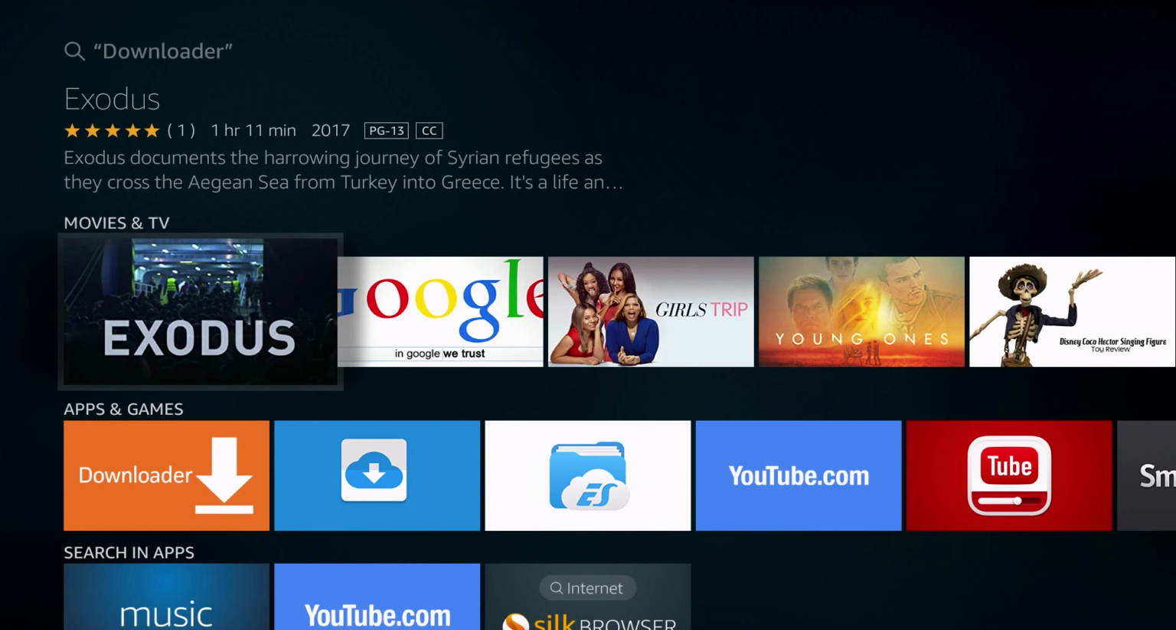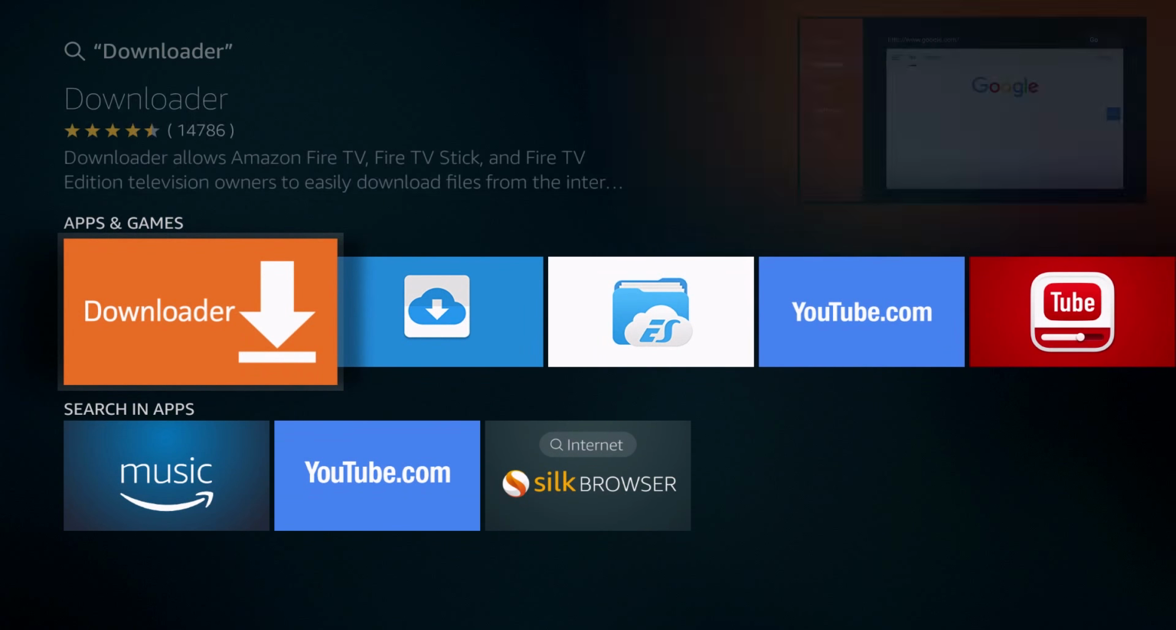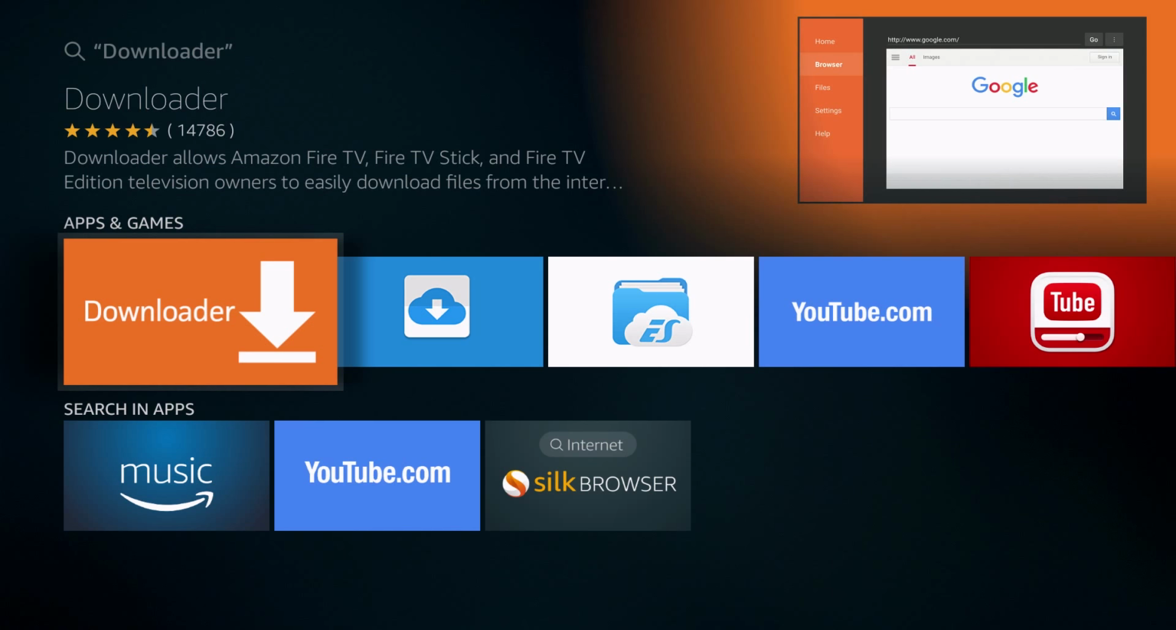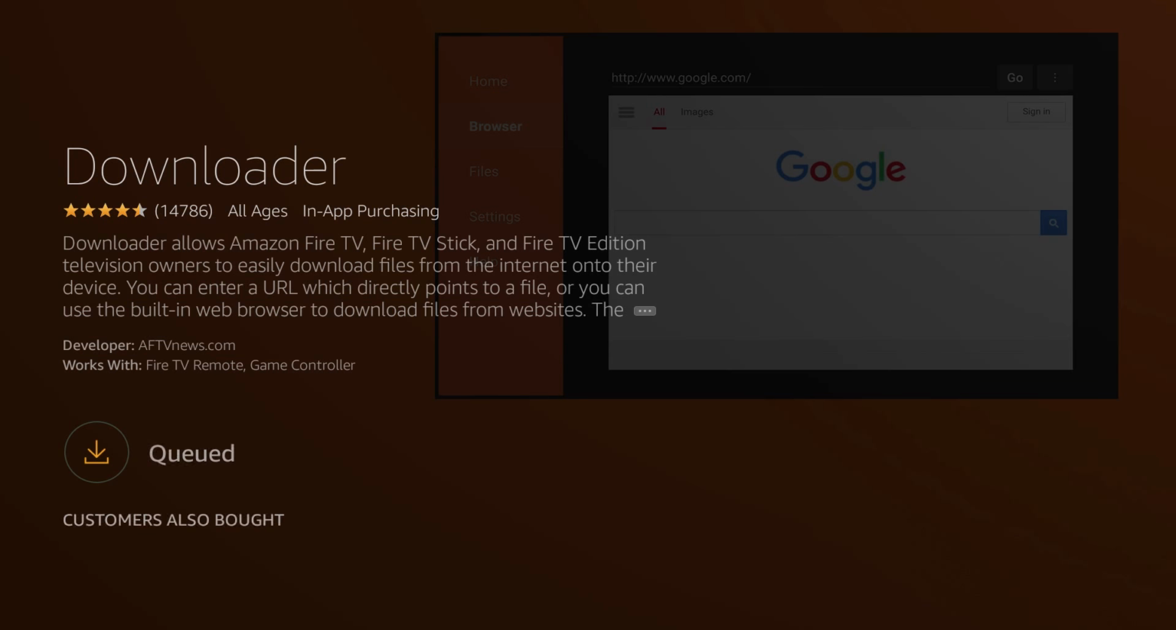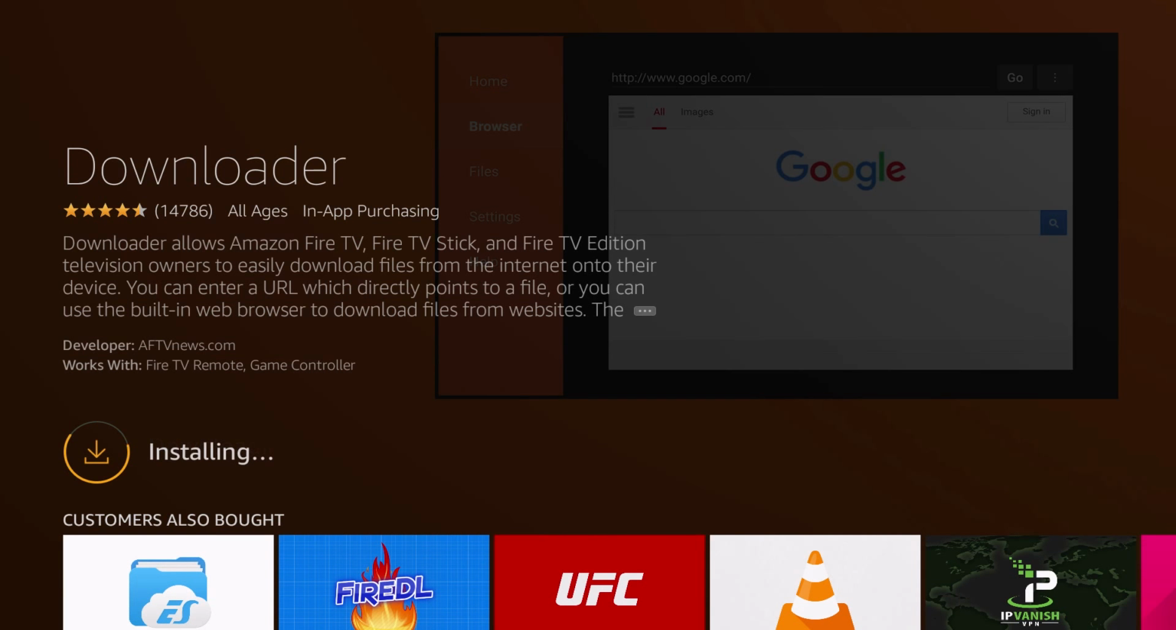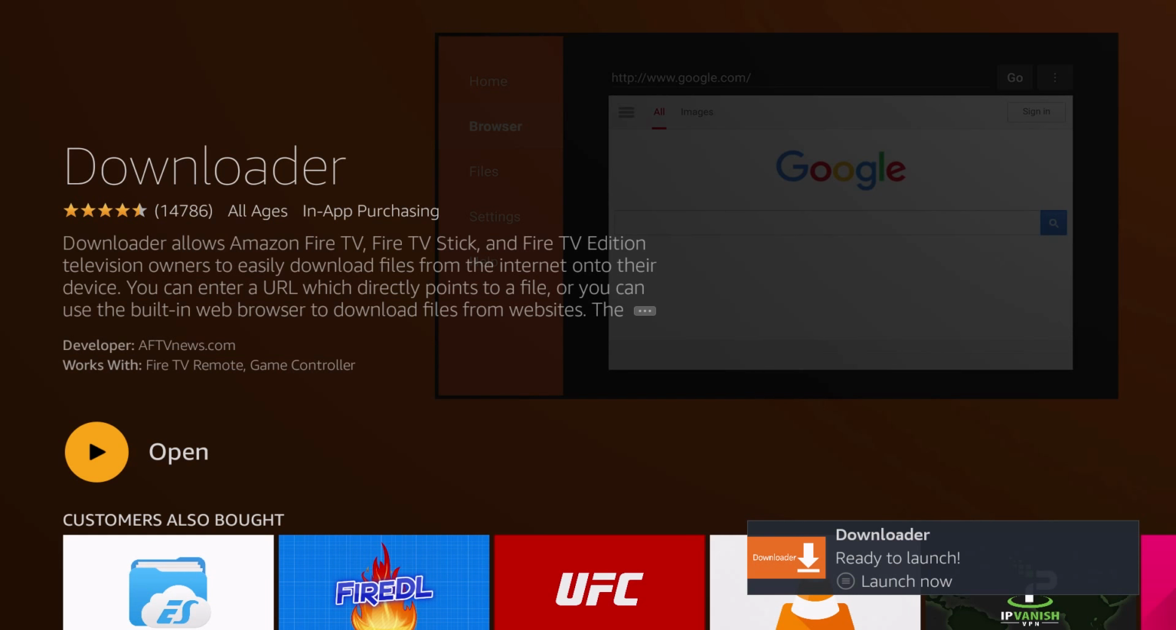Click on downloader, and then you'll see the downloader app here in orange under apps and games. Click on downloader, and then you'll see download, you own it. Click on that, and it will download the downloader app to your Fire TV or Fire Stick. Once it's complete, you'll see open. Click on that open button,